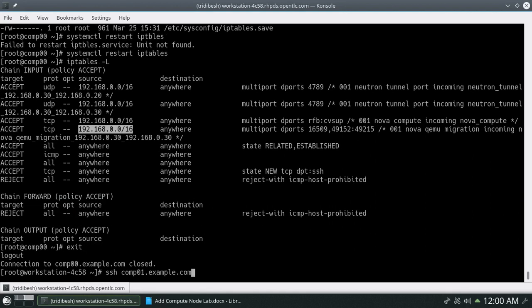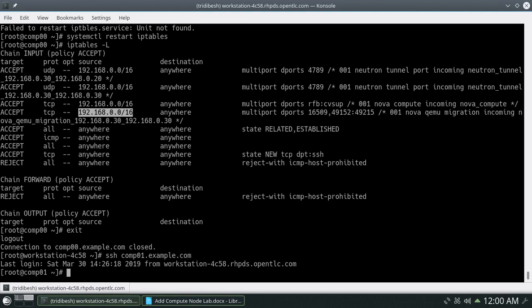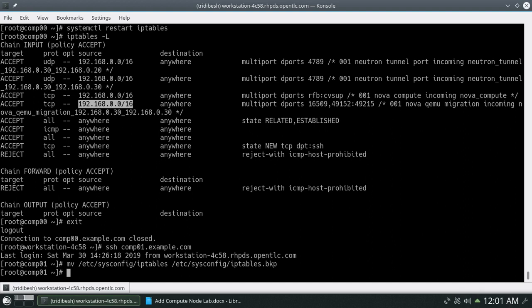Let's log in again and move the existing /etc/sysconfig/iptables to /etc/sysconfig/iptables.bkp. So we have moved it.